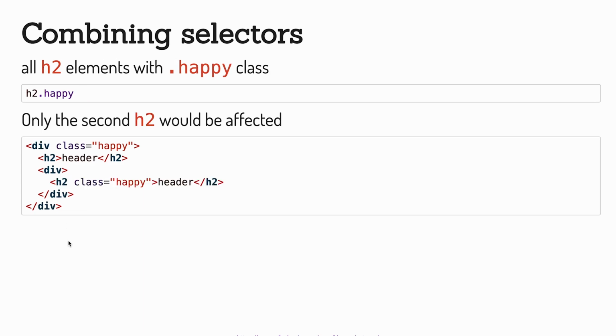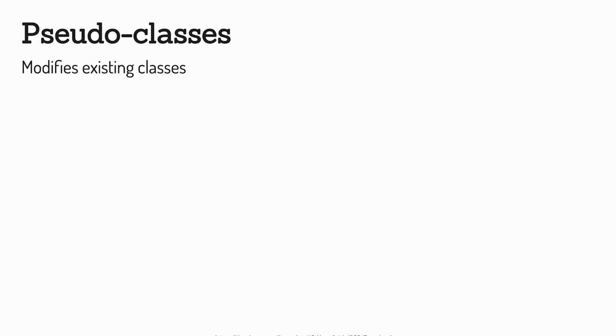We can also do combinations. So if we don't put a space between things, then we are saying "and" in a different way, by saying all H2 elements with the class. So we can specify something jointly by having the same class and tag. And this way we can also select multiple classes in a row, because for the period, we just add another period and something at the end. There's many more things we can do.